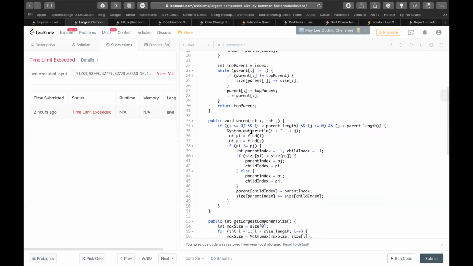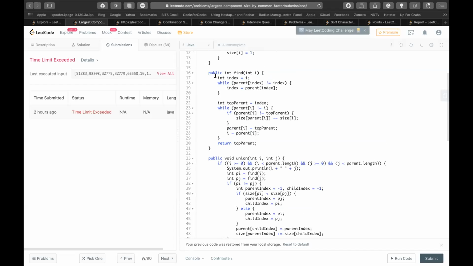And union is nothing but you find the parent for both of them, and if they are not equal, you do a union by size. So in compression technique, grandchildren is attached to the grandparent, right? Like the top parent. That is path by half, but I'm compressing it till the root itself.